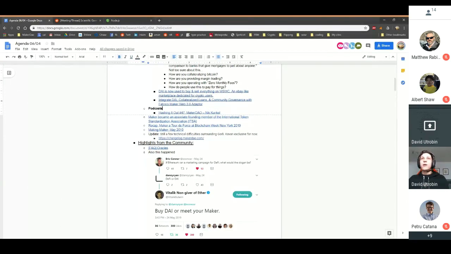Besides that, we also have Fabrics. Fabrics is kind of like, I'm not really 100% sure what they are. I tried reading into them, but it is a little above my head. But they integrated Dai, and I think they're pretty much also a plug-in solution to some DeFi things, because